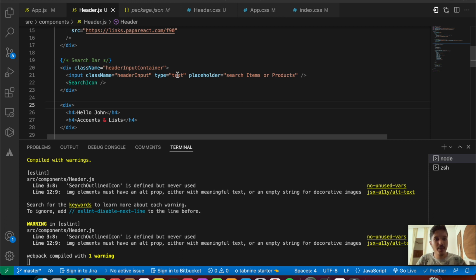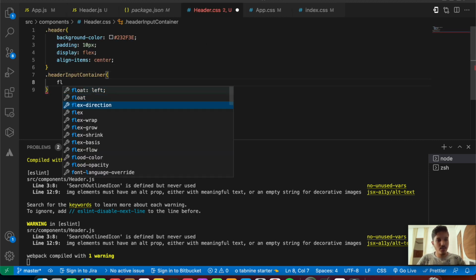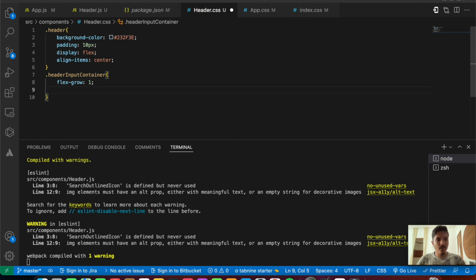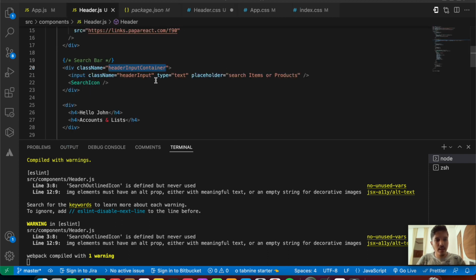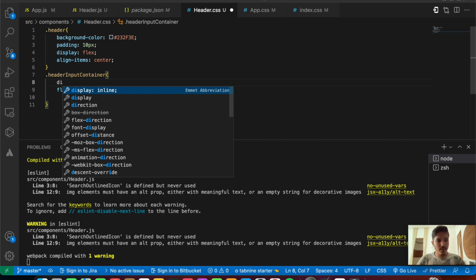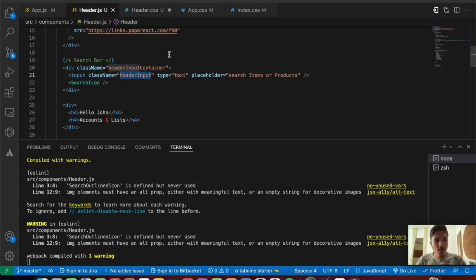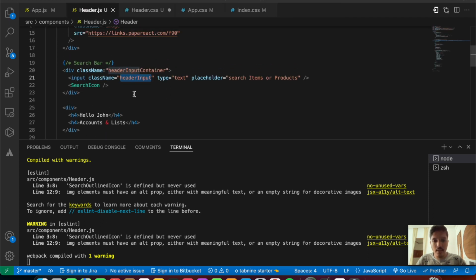So the next thing we do is we're gonna target basically our header input container. Let's go into a header.css. Okay, we're gonna give basically a flex grow of 1. Okay, and after that let's target our header input. Firstly we're going to give display flex to this as such, because we have two things, that is the search icon as well as the input field. So we need to make it in a flex direction of row, right? So over here for the header input